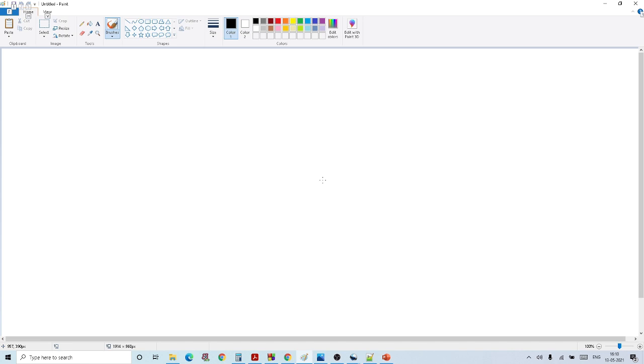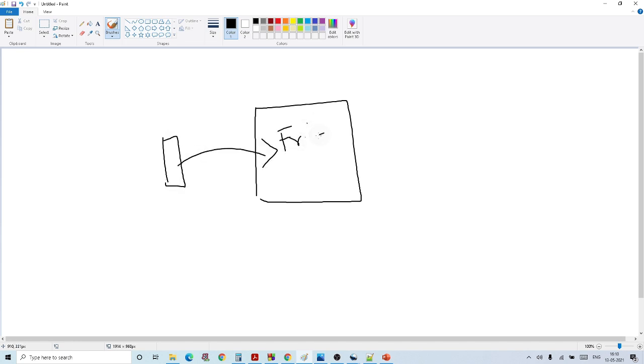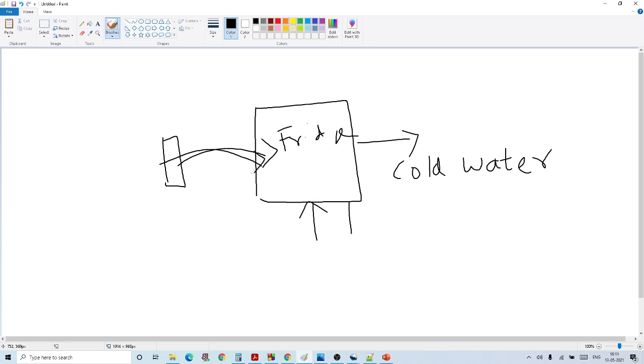Suppose it is a summer day and you want to drink cold water. So what do you do? You take a bottle of water, you put it inside a fridge and you get cold water after some time. Now, what happened is the fridge had a task, that is to cool the water inside the bottle. So it has done its task. We do not know the actual mechanism of a fridge, how it is working internally, but we just put a bottle of water and it has given cool water as output.